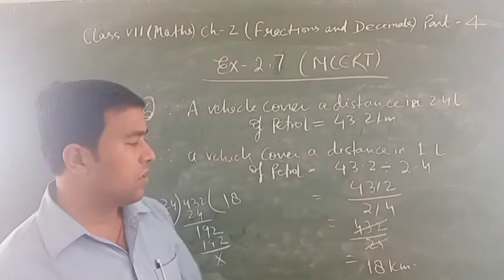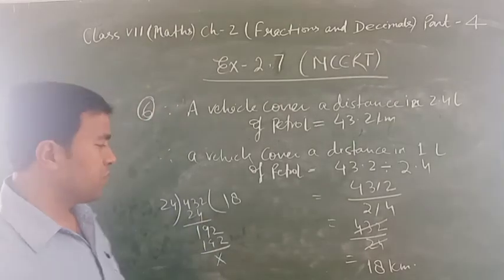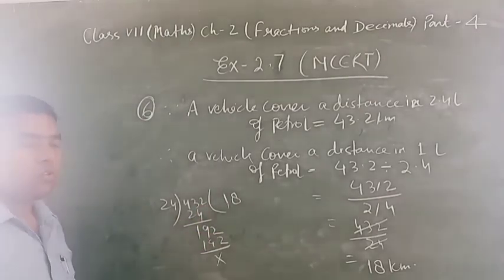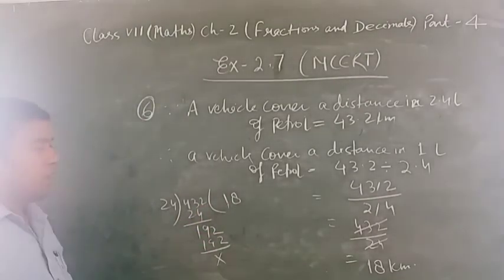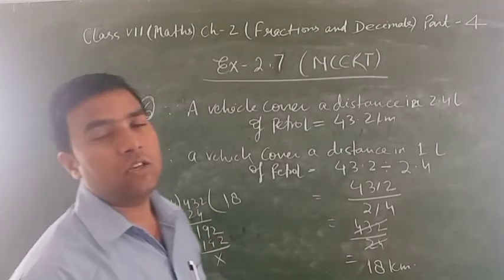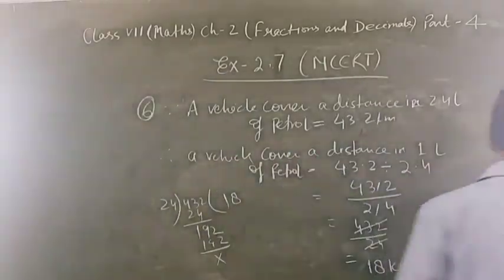Decimal cancel means 432 by 24. After that, 24 1 is 24. 24 8 is 192. Cancel. Means in 1 liter of petrol the vehicle will cover a distance of